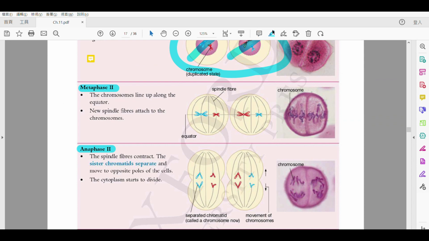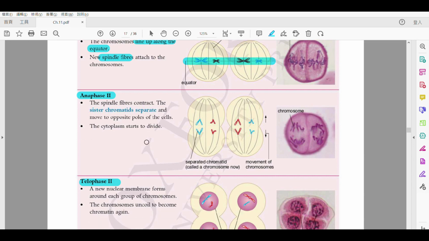So they line up again. 又再次去 line up 啦, but this time they are really lining up along the equator. 今次 very much like mitosis，係完全同 mitosis 係相似啦。Alright, and then spindle fiber attached to the chromosomes. 好啦，再嚟咯 this time the meiosis 2。今次就係點啊？They contract and the sister chromatids separate，同 mitotic cell division 係一模一樣啦。Alright。They are the